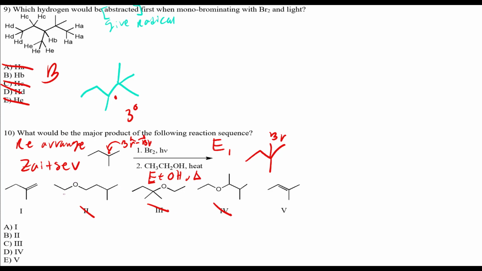Now it's between Zaitsev and Hofmann. This is a Hofmann because we have a terminal alkene. And this is Zaitsev because that's an internal alkene. It is also the most substituted. Notice 1 bond, 2 bonds, 3 bonds. That's tri-substituted. And this one is 1, 2. That is di-substituted. So the more substituents, or the higher the number, the better the product, right? And so the answer should be